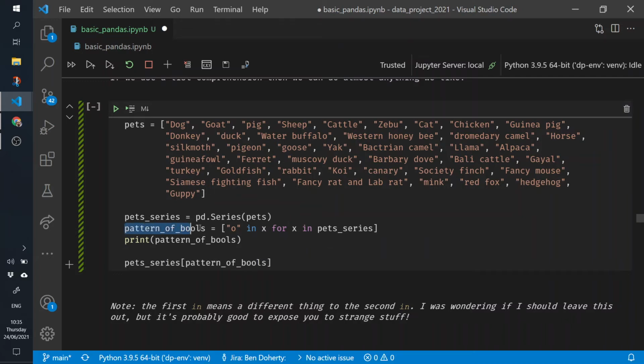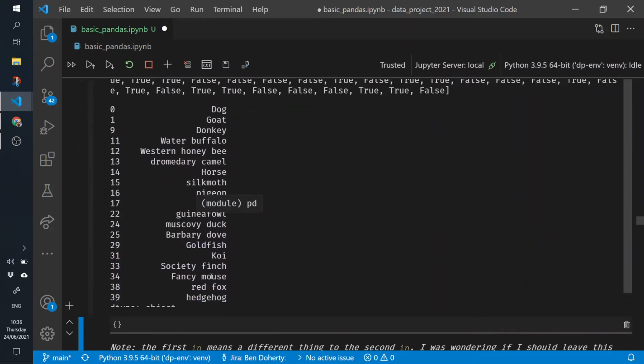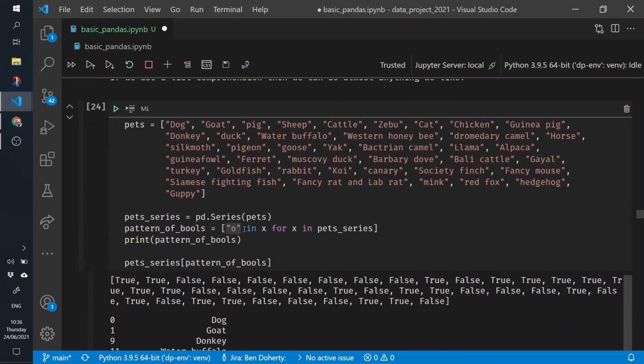Then our pattern of bools is this, and this is a list comprehension. So we're going to talk about that in a second. So let's just see what it does. We want to print the pattern of bools, and then afterwards, because it's the last thing in the cell, we're going to see just what we get when we mask it using that thing. So this is going to give us just the pets with an O in them. So let's run that, and we see that we get a whole bunch of pets, because lots of pets have O's in them. We can rerun that and just change it to, I don't know, pets with an N in them,